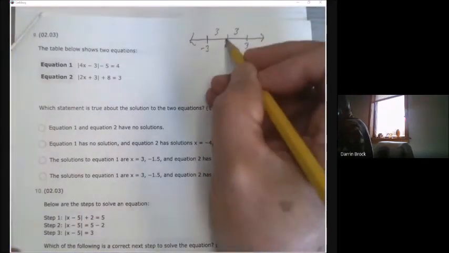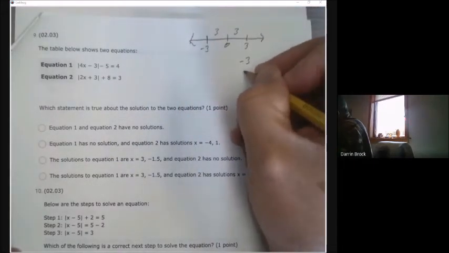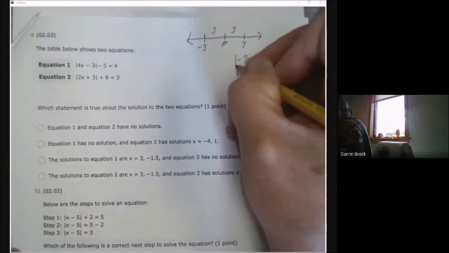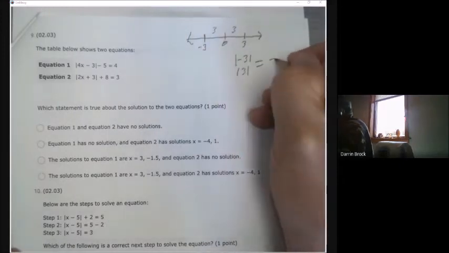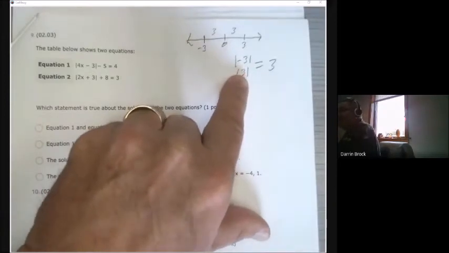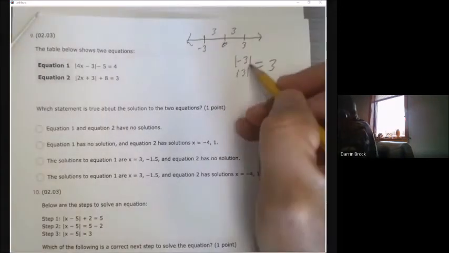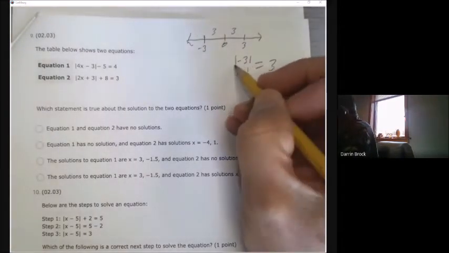It doesn't matter which direction, it's positive. So -3 and 3, if we take the absolute value of them, they both equal 3. Absolute value can never be a negative number because it's a distance from 0. Whatever you put inside the absolute value, it's always going to be positive when it